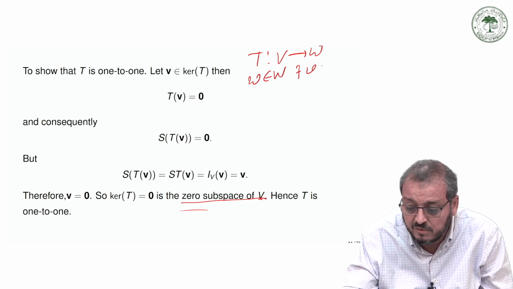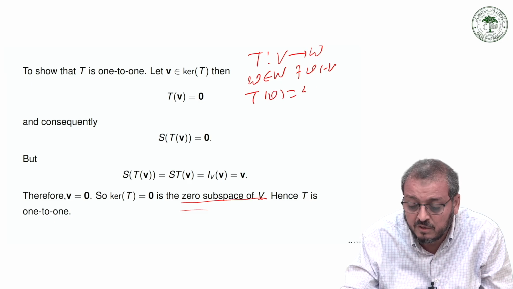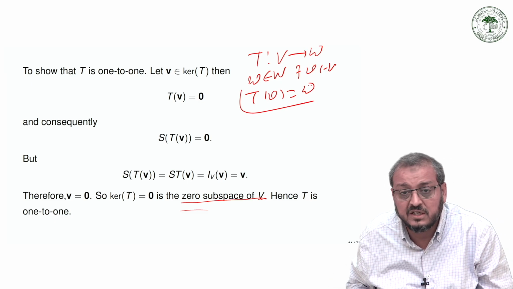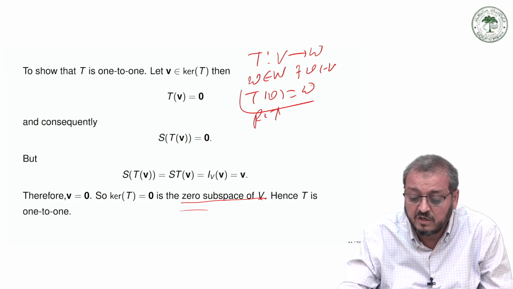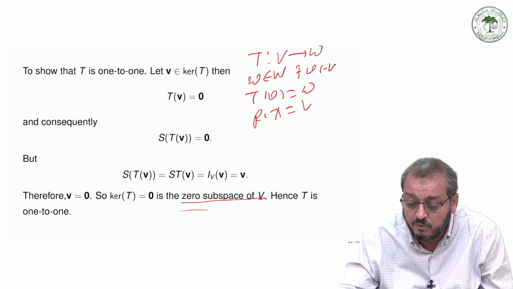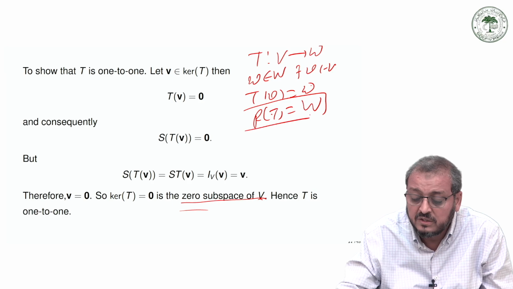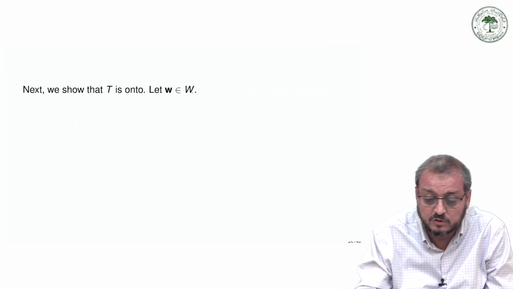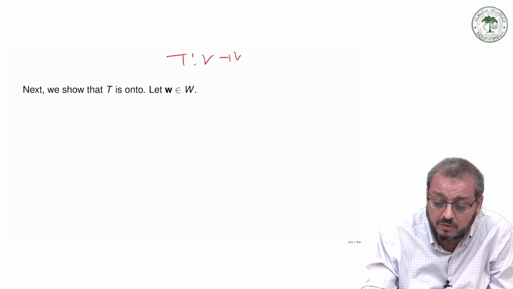there exists some V belonging to V. We have to show that T of V is equal to W. If we show that T of V is equal to W, then we can say that the range of T is equal to W. So if the range of T is equal to W, then T is onto. Okay. So let W belong to W, because we have T from V to W as a linear